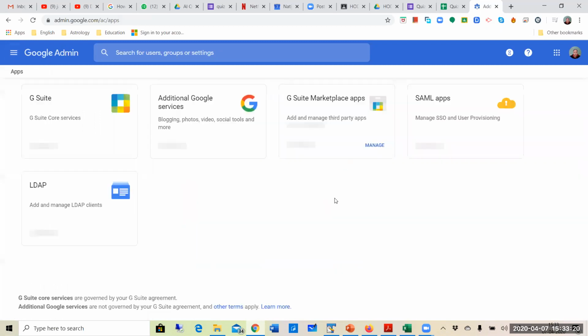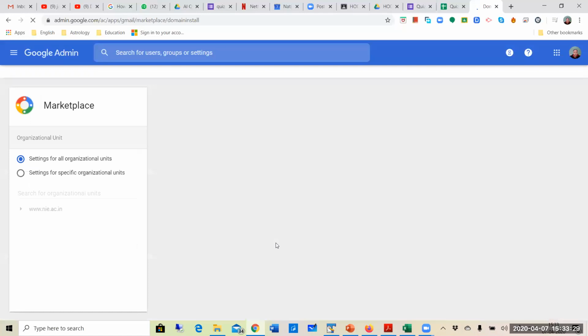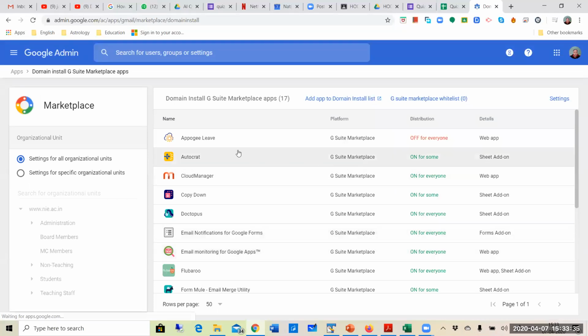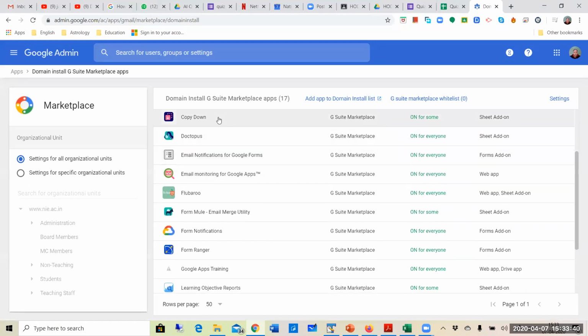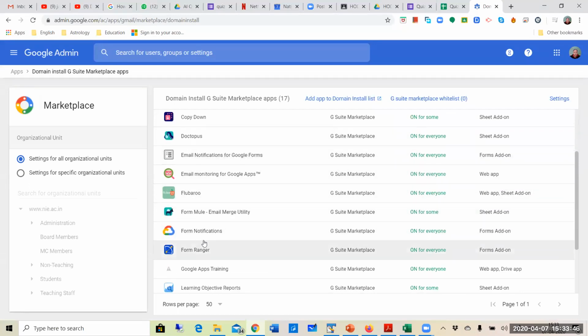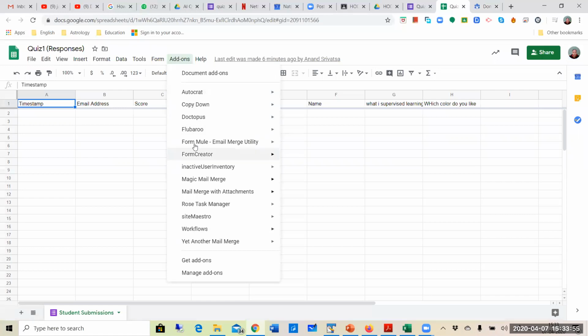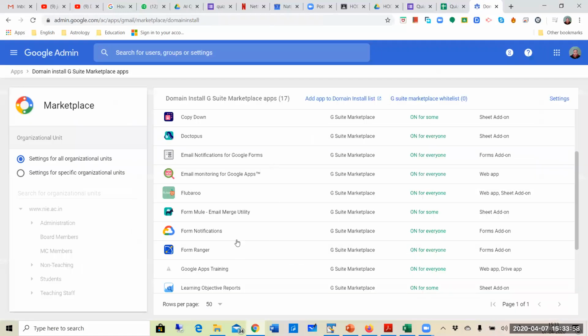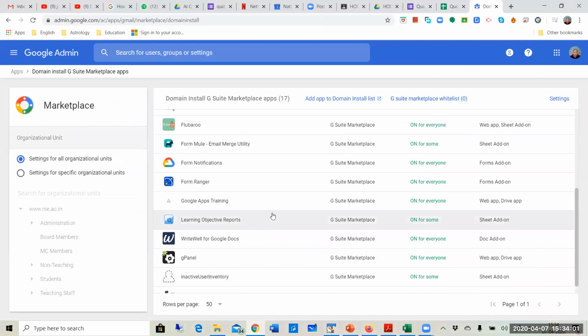And we don't use everything. Sorry to say, we might not be able to use everything, because some level of higher understanding is needed to use them efficiently. I have already downloaded other things also, like Apogee Live, Autocrat, Cloud Manager. These show up on the Excel sheet: Octopus, Flubaro, Formule. These are all add-ons that I added at the domain level. That's the reason you will be able to see all these things on the Excel sheets when you click on this. Why? Because I added them as a third party, and which is